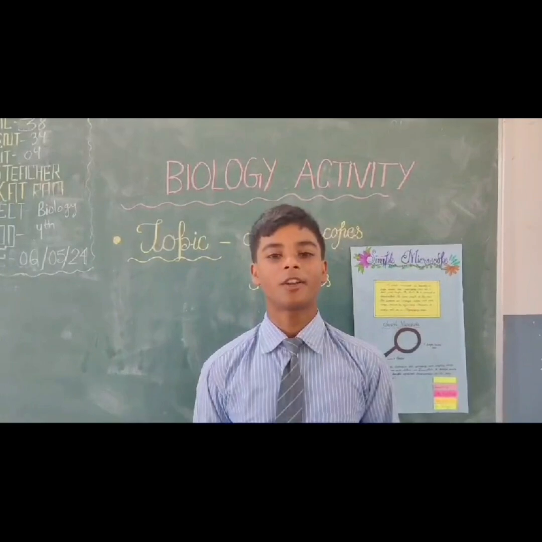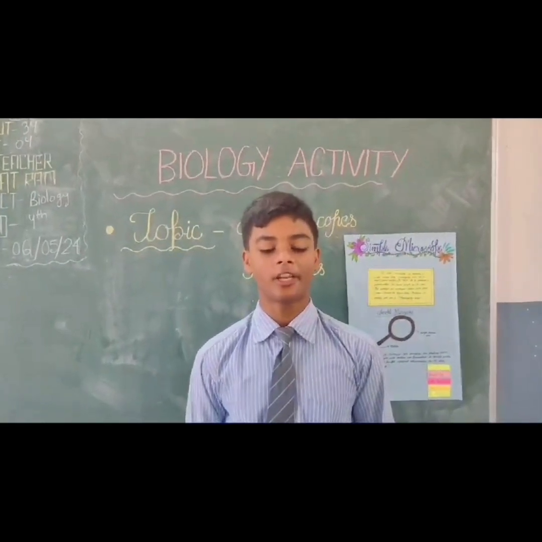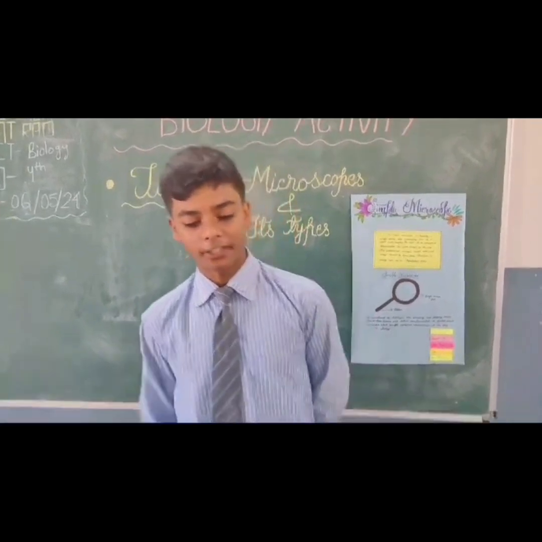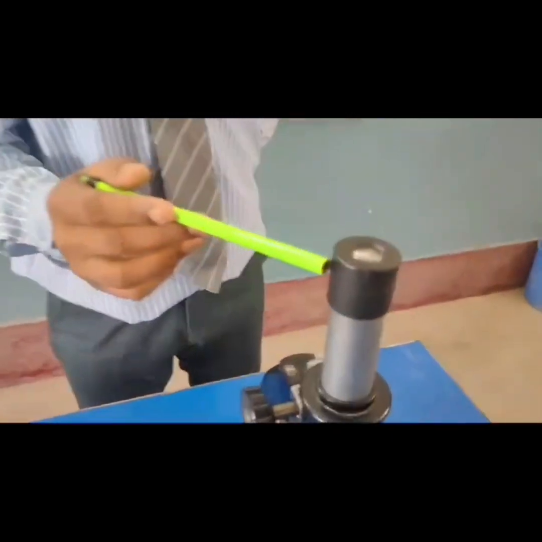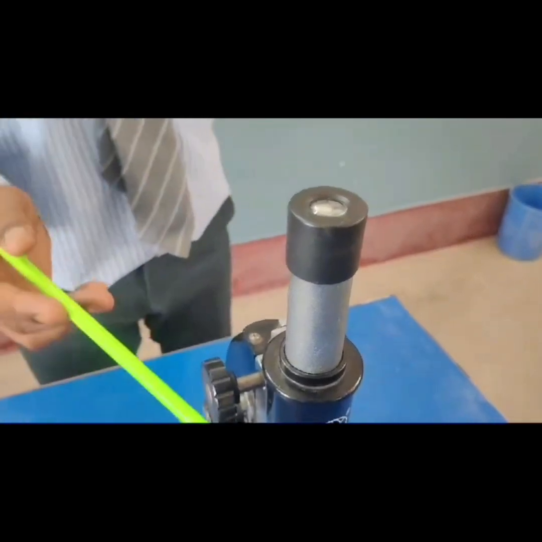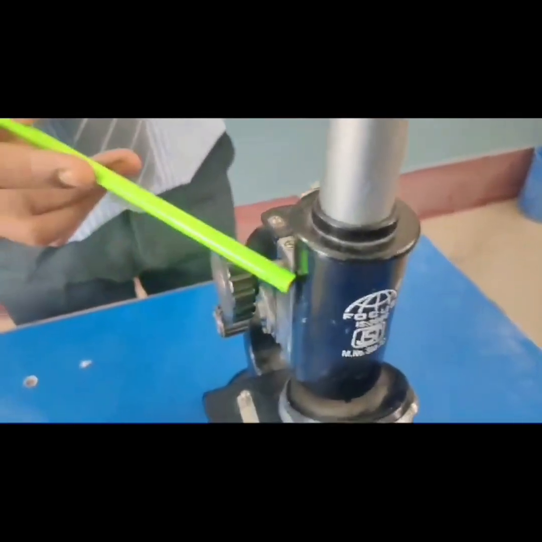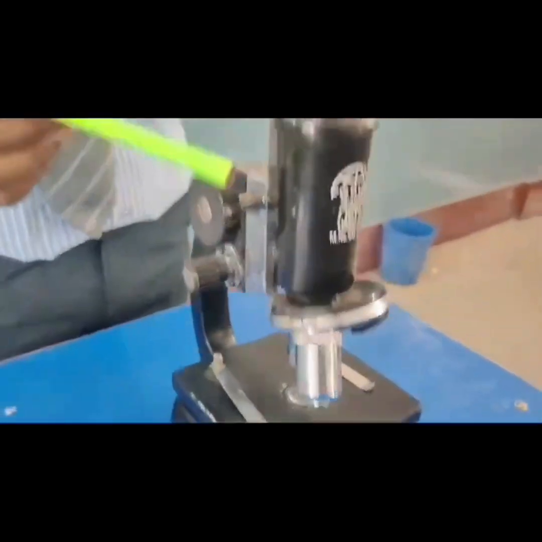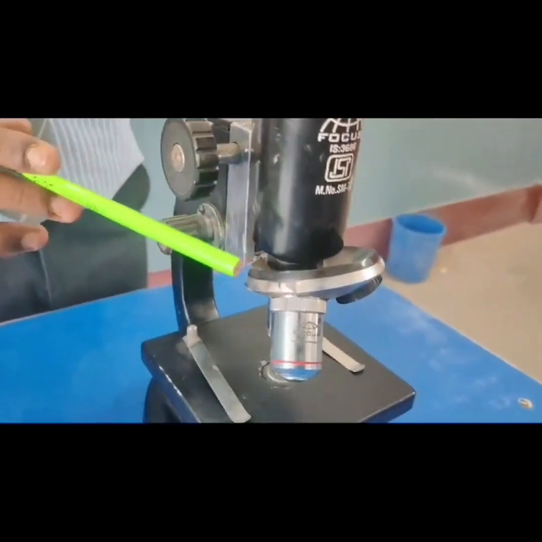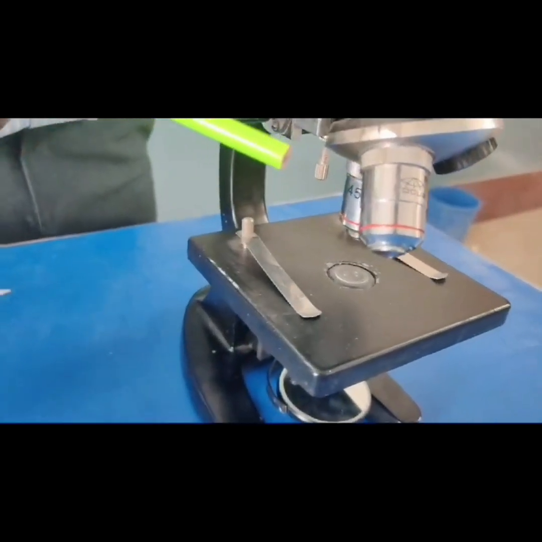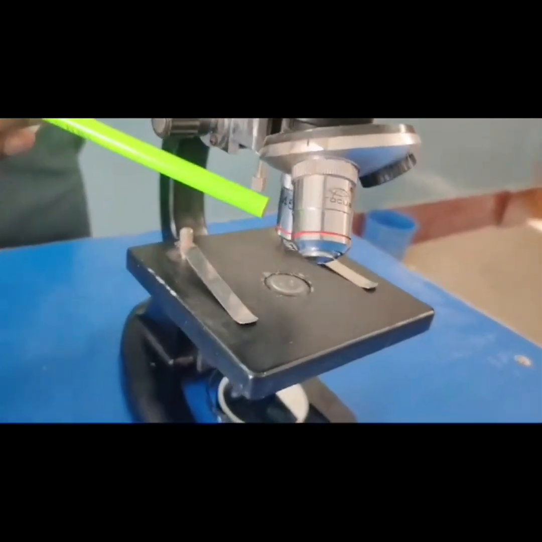My name is Satyam Kumar of Standard 9 and I am here to tell you about different parts of the compound microscope and their functions. First, eyepiece. It forms an enlarged and erect image of the object. It is inserted in the body tube. Next, body tube. It separates the eyepiece and the objective lens. Next, resolving nose piece. It fixes the objective lens. Next, objective lens. It forms an initial inverted and enlarged image of the object.